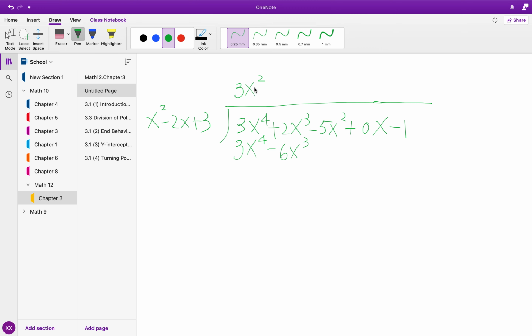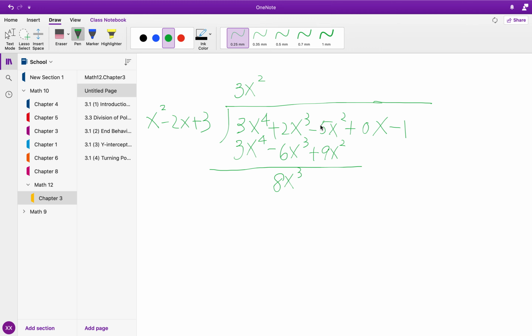And then this one is positive 9x to the power of 2. All right. So now here we go. This is 0. This is a 2 subtract negative 6,